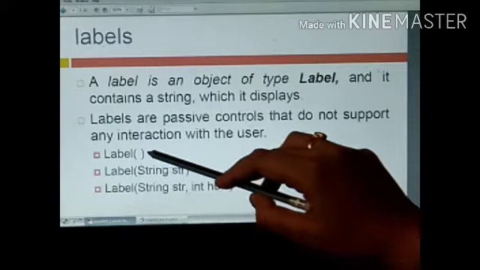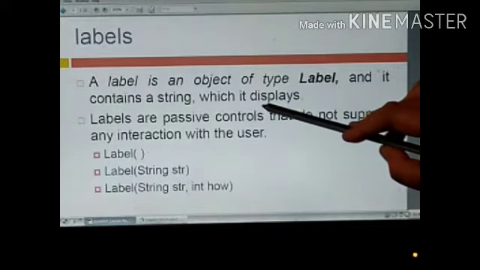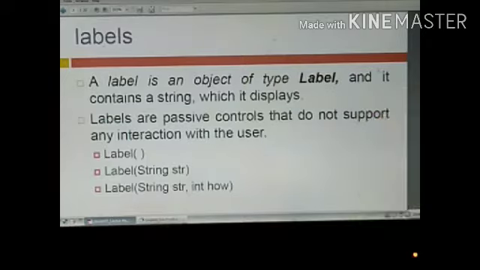Here we have throws HeadlessException. HeadlessException happens when an attempt is made to instantiate a GUI component in a non-interactive environment. Actually, all these components are instantiated in an interactive environment only. So whenever we have a non-interactive environment, then this HeadlessException is thrown.